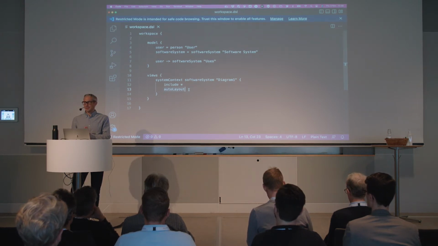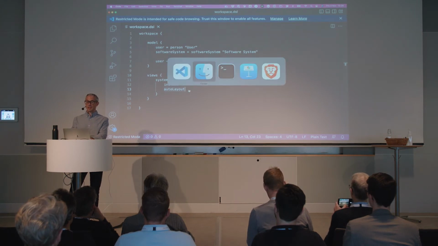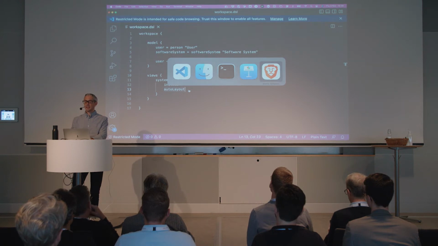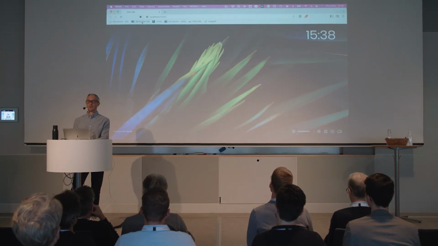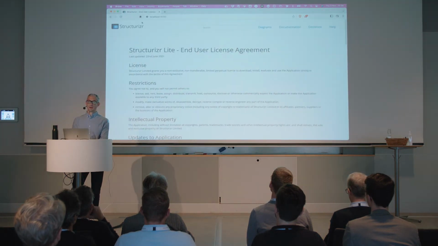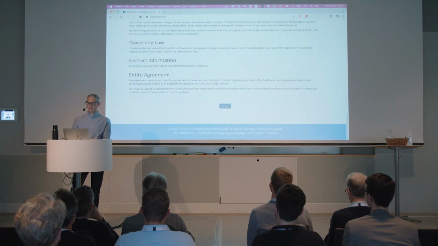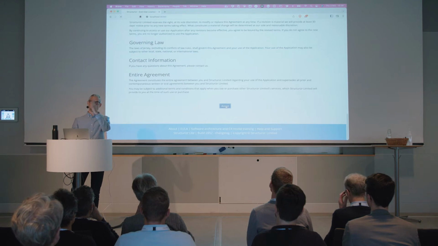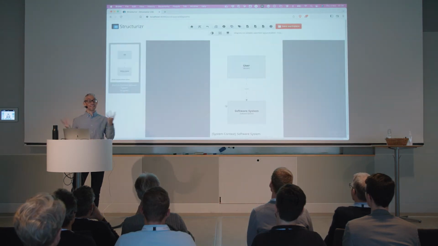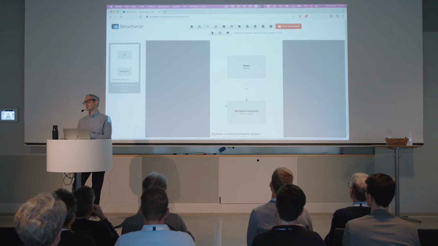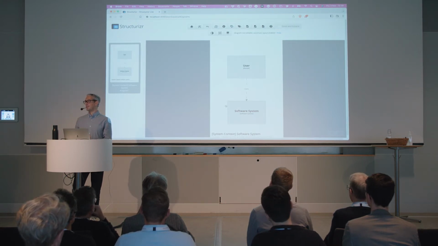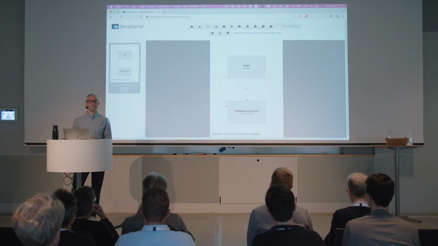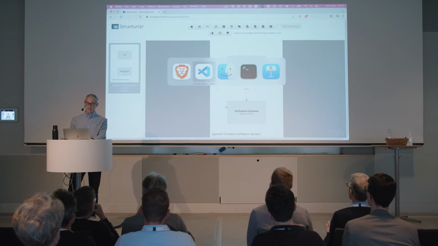But we need some diagrams. So where do we get diagrams from? Structurizr Lite is a server-side rendered Java Spring Boot application, and it will render you a bunch of diagrams in your browser. So if you go to localhost 8080, which is where I've done a port map inside Docker and outside Docker, and there's our diagram. So that little bit of DSL you just saw creates this wonderful 2 gray boxes and 1 arrow diagram.